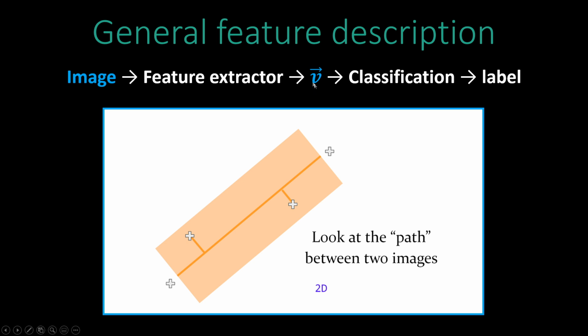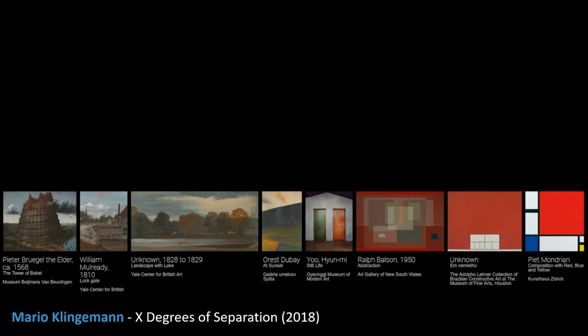Then you can see that somewhere in between this image, let's say, and then this image, there are these images somewhere on the path. If you remember a little bit from our previous class, from the first one actually, we had a demo of Mario Klingemann's work, X Degrees of Separation, where the task